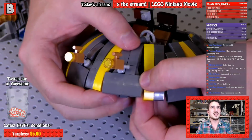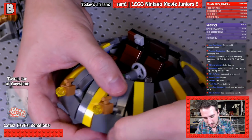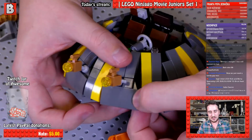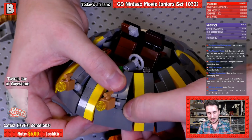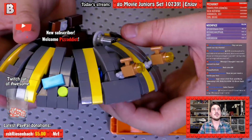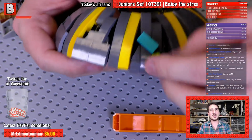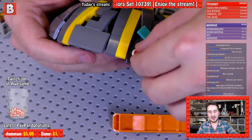This corner piece. Come on, buddy. There it is. Slow and steady wins the race. There it is. Okay, nice. Okay, so I'm actually feeling pretty good about that. That feels pretty good. And in the process, you can see that this studless sticker piece that says Gazorpazorp or